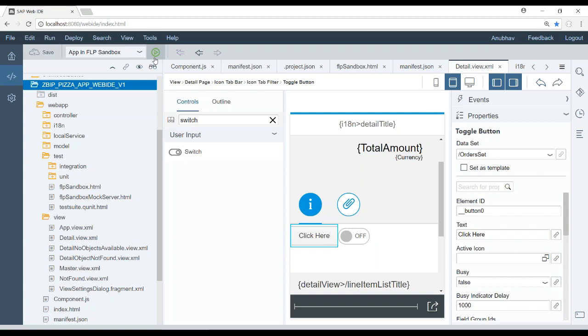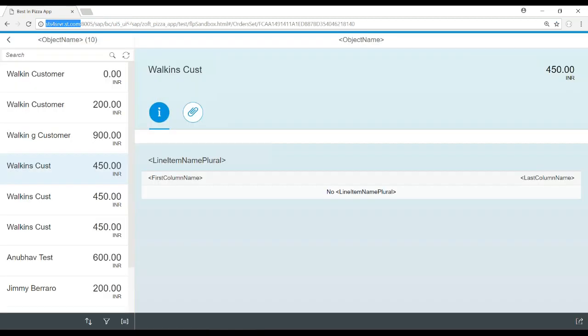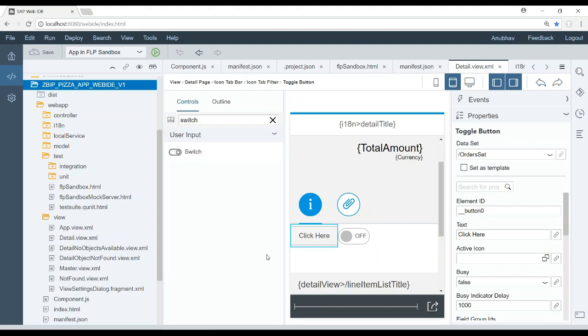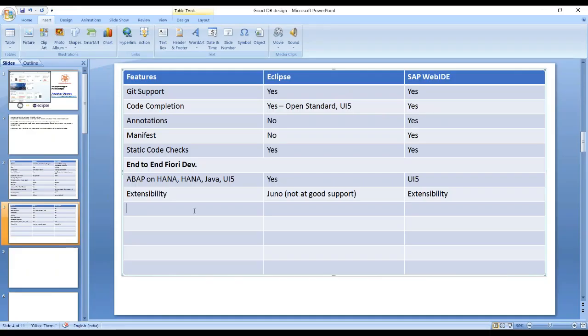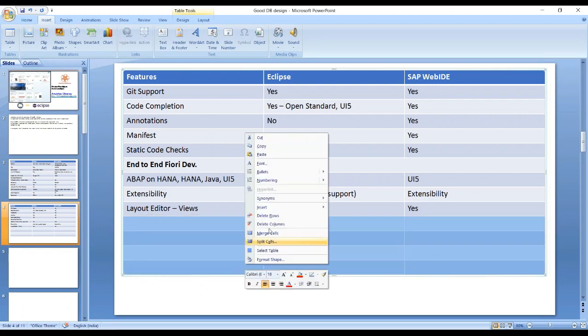UI5 and Fiori development. My personal experience, if I want to build a Fiori application in my company, I'm a UI developer, I would go with WebIDE. It gives me great flexibility, great features, and that's all. I think you are clear. So you have a layout editor to increase the developer efficiency for creating and editing views. This becomes definitely an advantage over the long run when you have complex views to be created. WebIDE gives you the game. So all in all, my rating, I would go with WebIDE-based development for UI5 and Fiori, guys, and